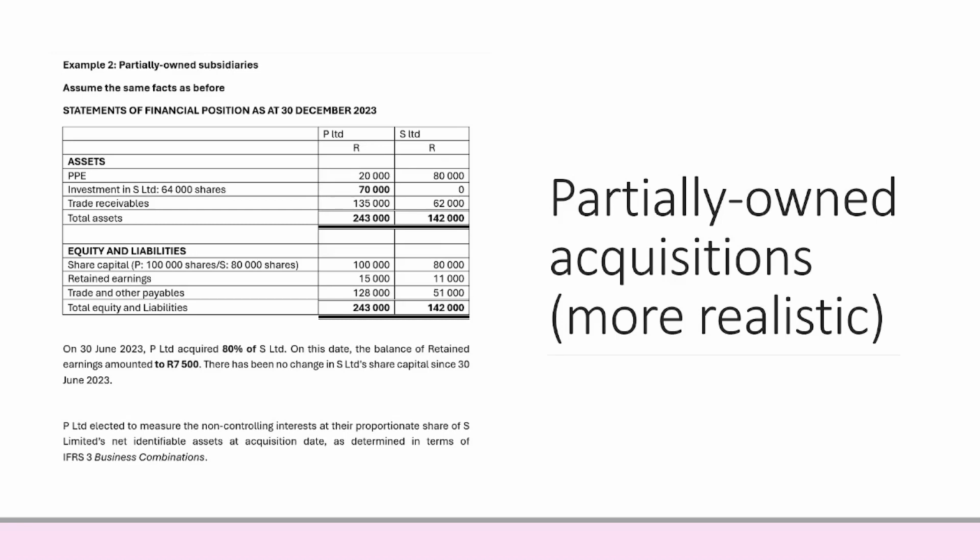If you are buying a business and it's at the proportion of equity, that means that no goodwill for you will arise over that transaction because you do not own the equity. That is why when NCI or non-controlling interests are measured at the proportionate share of the net identifiable assets, you do not include goodwill for NCI. However, if NCI is measured at fair value, that is the fair value of the net identifiable assets,